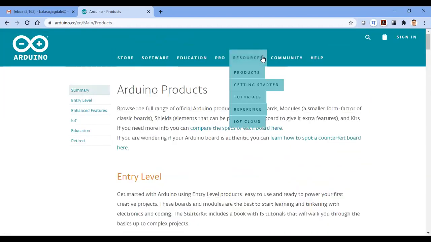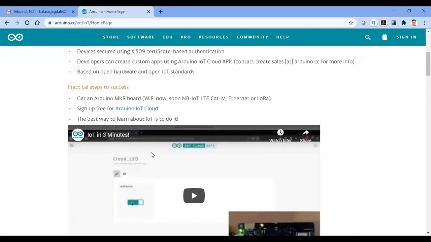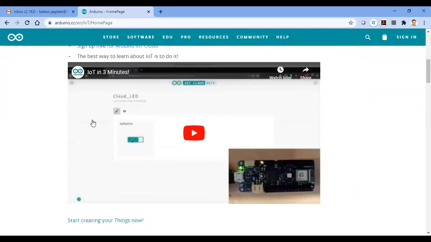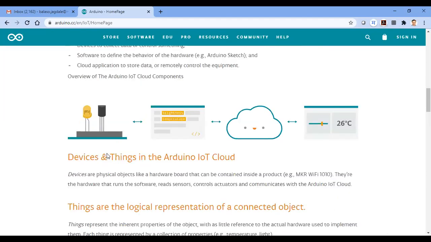One more very important feature is that you can also have the IoT cloud. IoT cloud means what? You can sign in first of all, and after signing in, you can be a member of this Arduino cloud. Then you can read or sense data from the sensors. A tutorial is also available, we'll see this later on. You can read the temperature and brightness, and it goes to the cloud and will be displayed in the cloud.